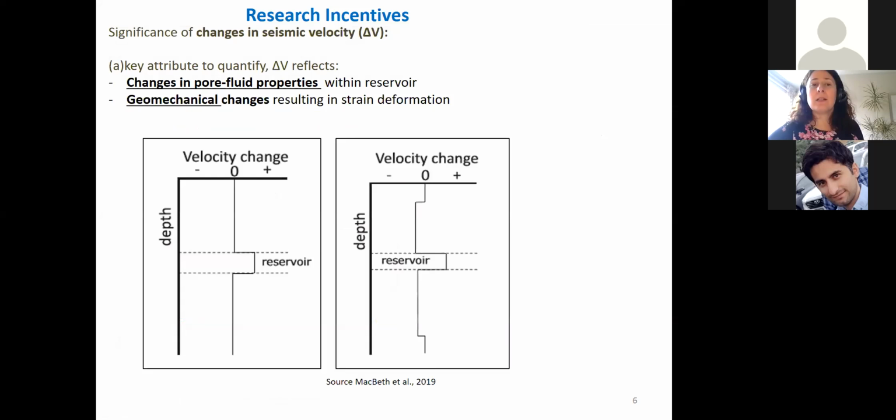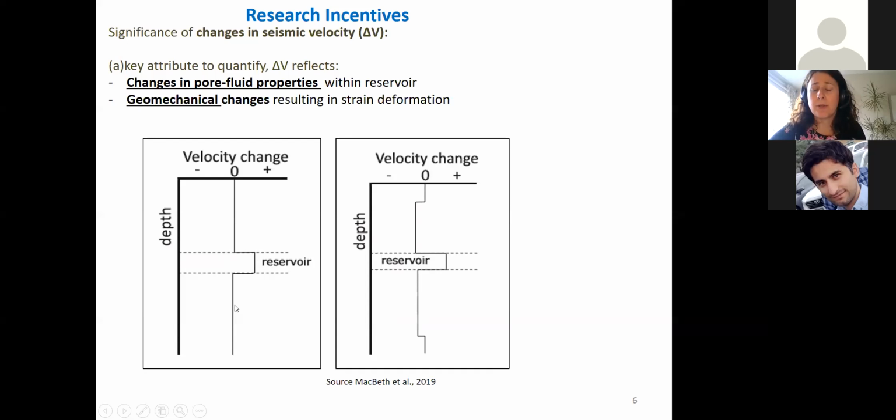Now, if I show these changes in a schematic way, so what we expect from, for example, in a case of, it could be a hardening because of water replacing oil. So this is on your left, you're seeing an example of changes in pore-fluid properties within the reservoir. So this results in a hardening, so positive velocity change within the reservoir and nothing happening in the overburden and